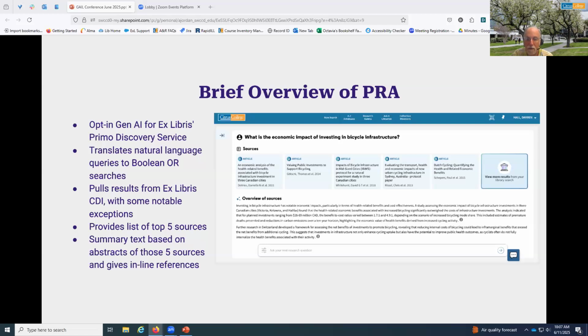So pretty interesting. There are, in fact, a few folks who were not familiar with what Primo Research Assistant is. So hopefully that little introduction gave you a bit of a sense. A few folks have already enabled it for all patrons, and most folks have not enabled it and are either testing internally or have not even really begun to explore it yet. But nobody seems to have just released it for selected patron categories.